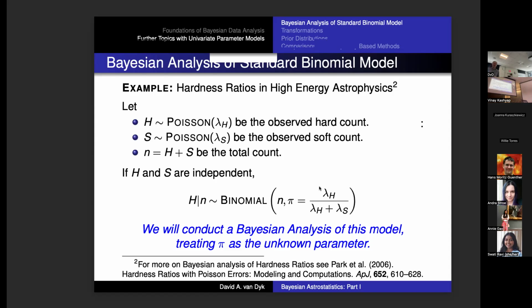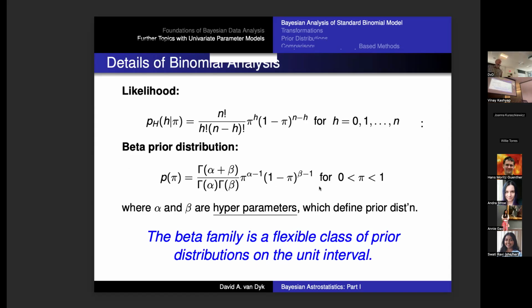So how am I going to do a Bayesian statistical inference? Well, we're going to do the same thing as we did before. We're going to have a likelihood and a prior distribution. This is the binomial likelihood. It's a lot of Greek letters, so it looks a little different than we usually see it, but it's the probability of a success to the number of successes, times the probability of a failure to the number of failures, and a term that counts up the number of ways you can get successes and failures.